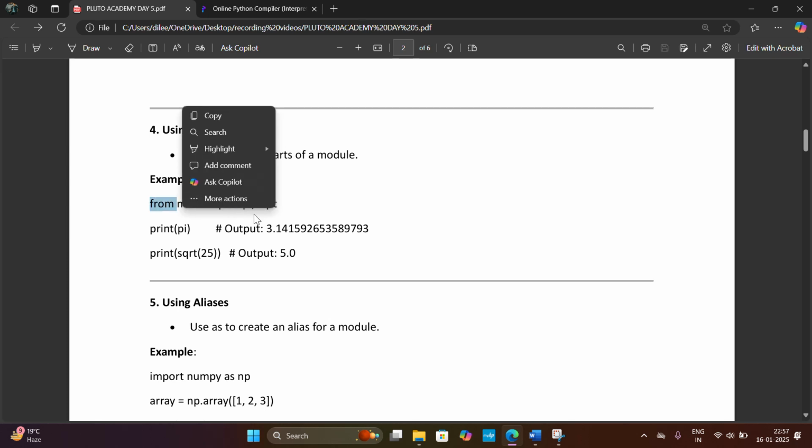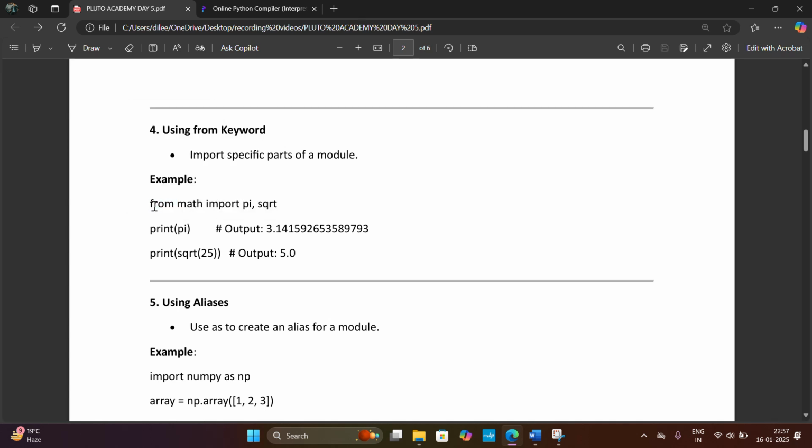It means here we're using the from keyword. It imports specific parts. As you see in this example, we are using the from keyword, then the module name math, and in the next line we are importing the specific parts of a module, because math has